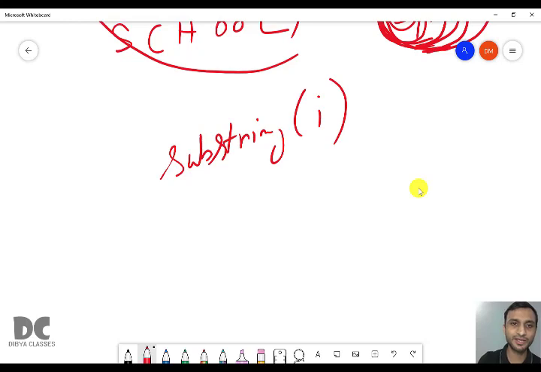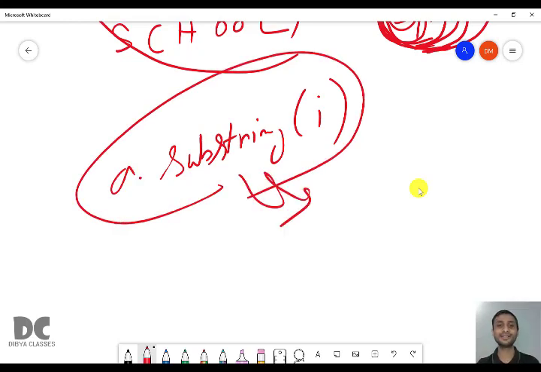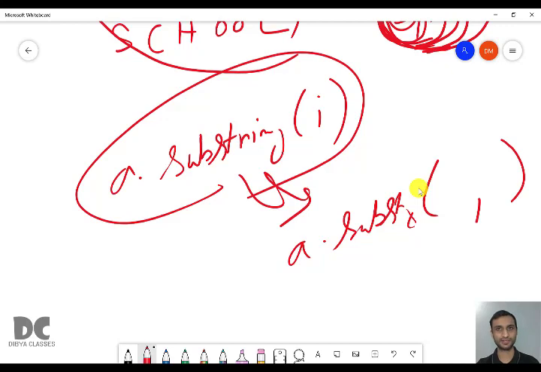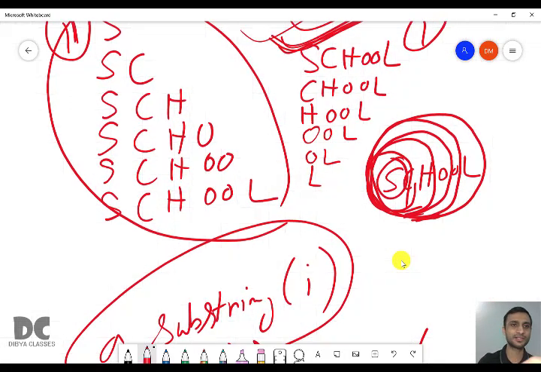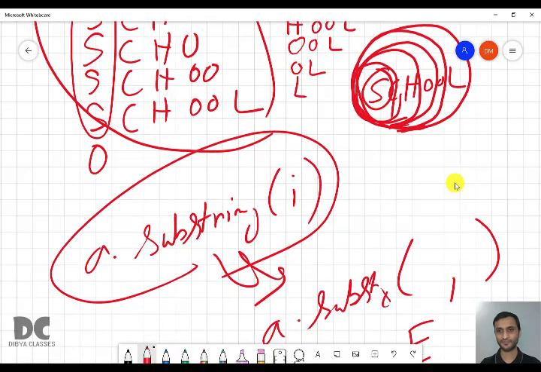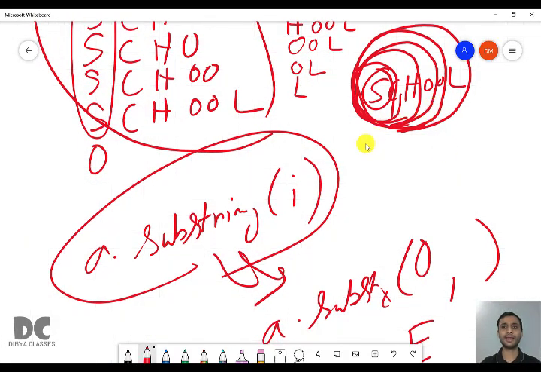We had written substring of I. Now we'll use the second syntax, that is a dot substring, which will have two locations, that is the starting location and the ending location. So here you can see every time you are starting from S, that is from the 0 location, but the end is different.